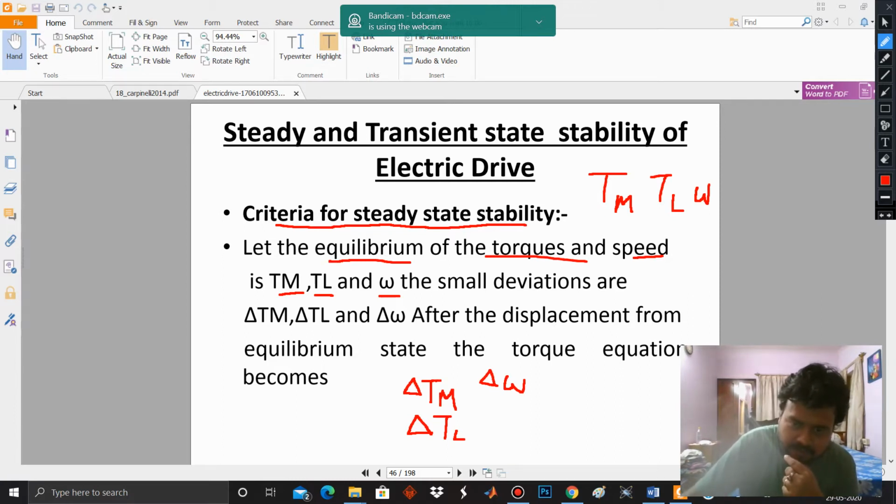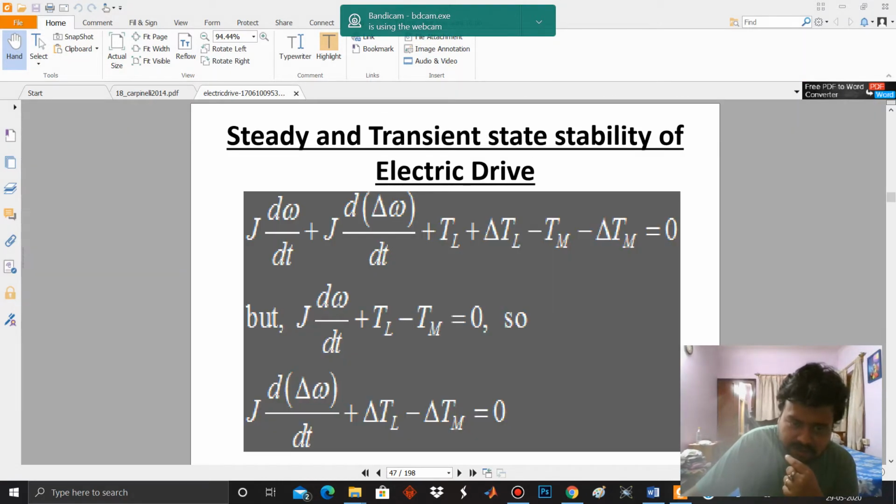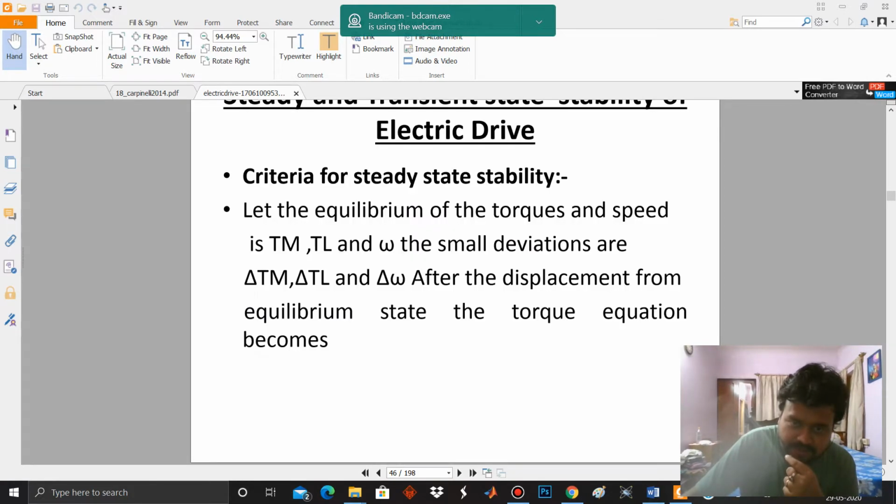So now, if we assume that the fundamental torque equation is this, let us replace the terms over here. So the parent equation will be, I will write it over here,